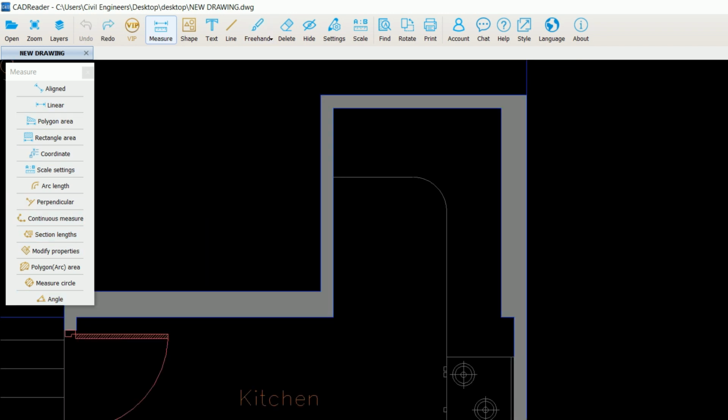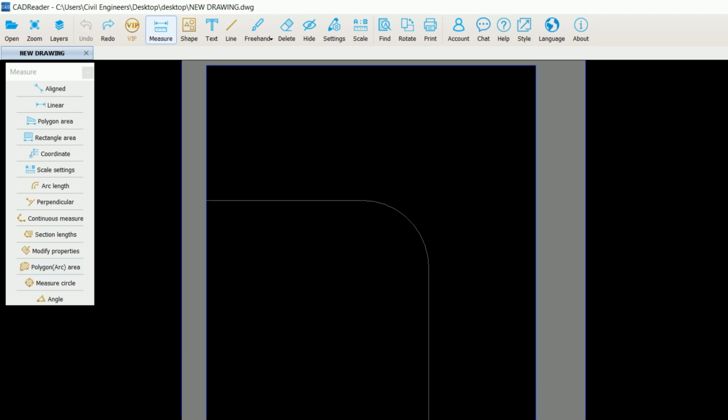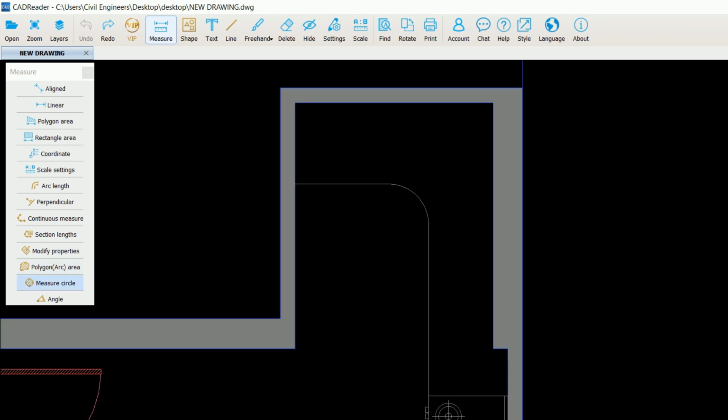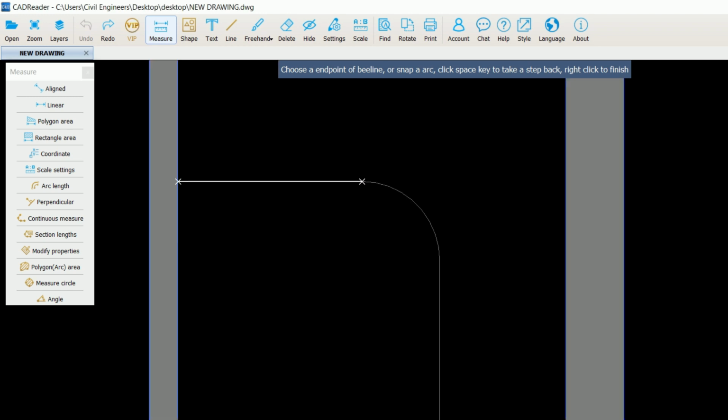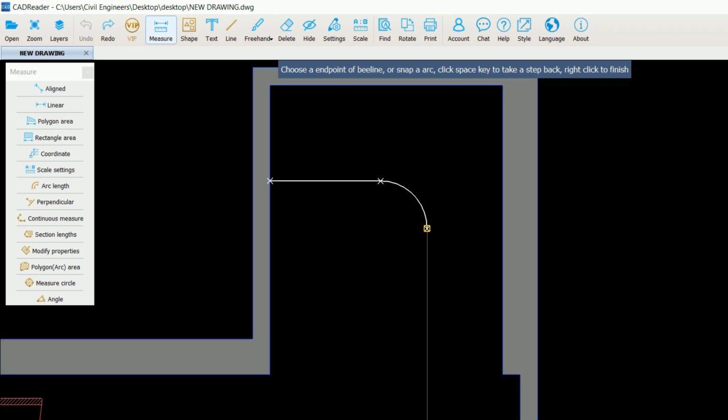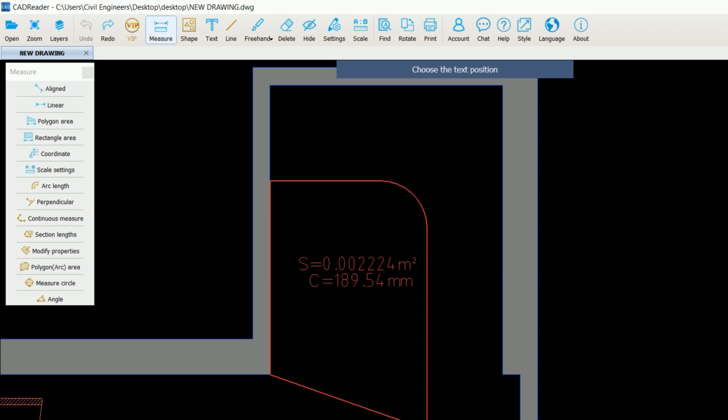Now guys, let me guide you how to take the polygon arc area. If you have an arc, how will you find its area? Simply click on polygon arc area. I clicked on this. This is my first point, this is the second point. Now you can see this is an arc. Click on this arc. Now this is the other point. Next point, let me close here, this one. As you can see, this is the area for the arc shape box.